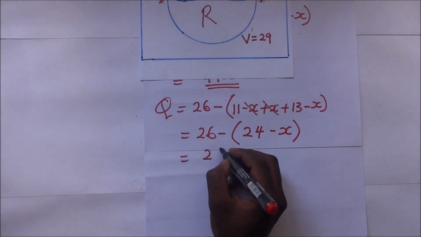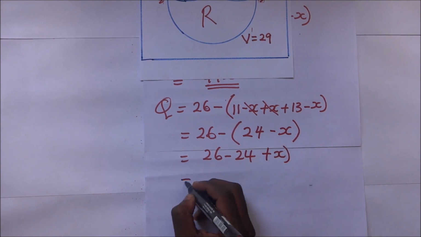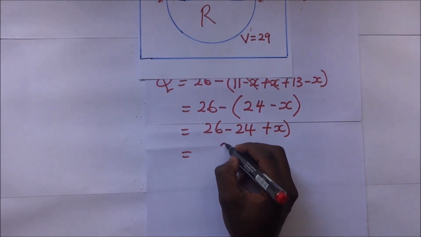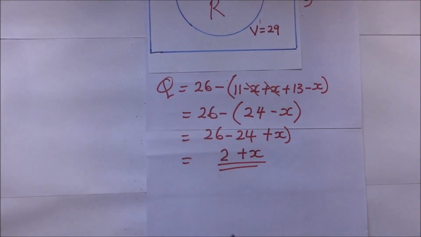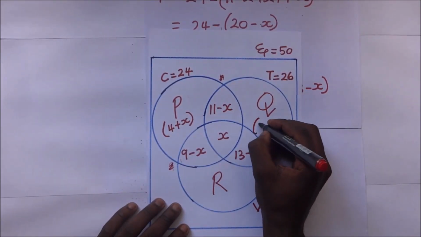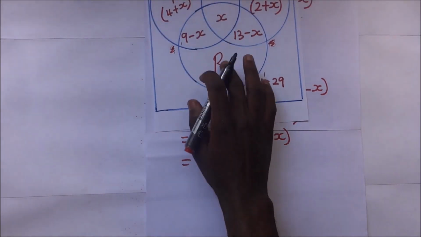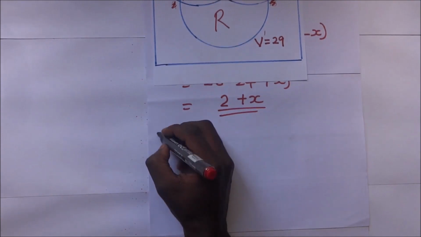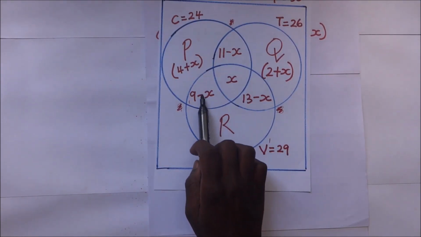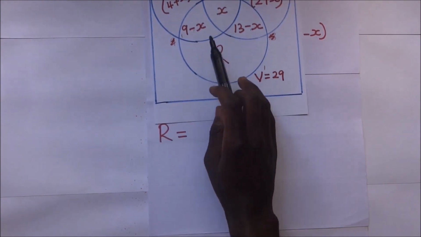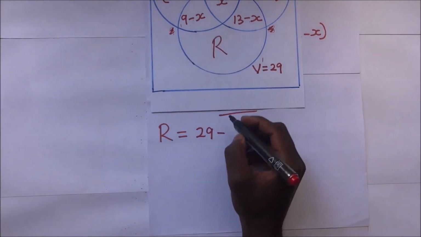That's going to become 26 minus 24 plus x. So 26 minus 24 gives us 2 plus x. So our value of Q here is going to be 2 plus x. So we go ahead and find our value of R. Our value of R is going to be 29 minus this, that, and that. So R is going to be 29 minus 9 minus x